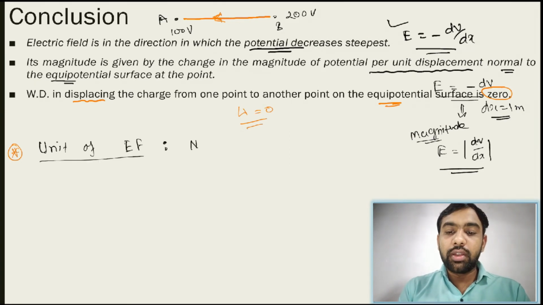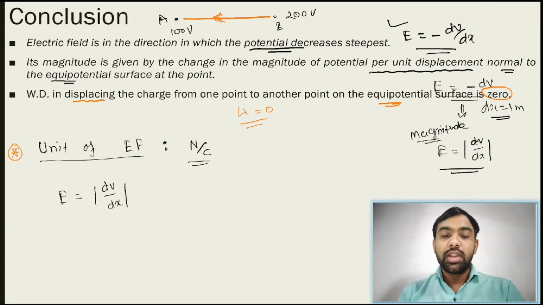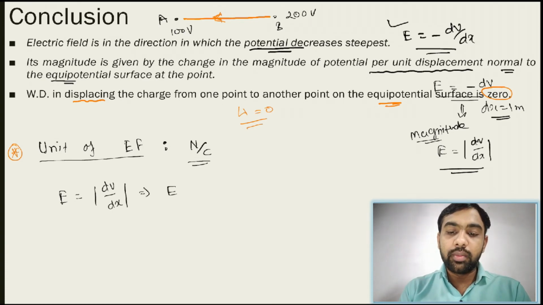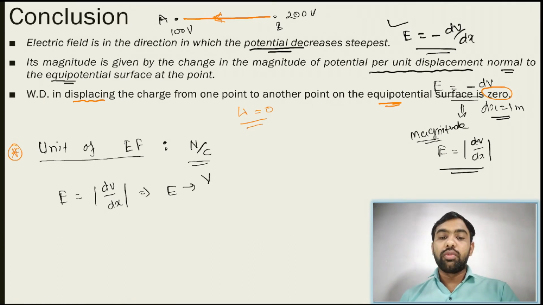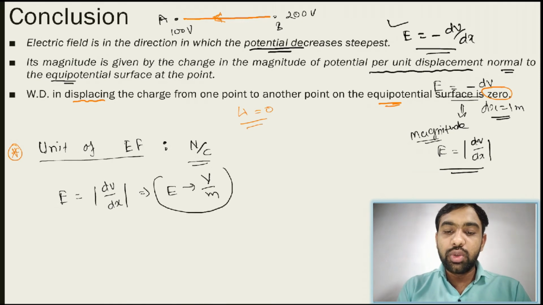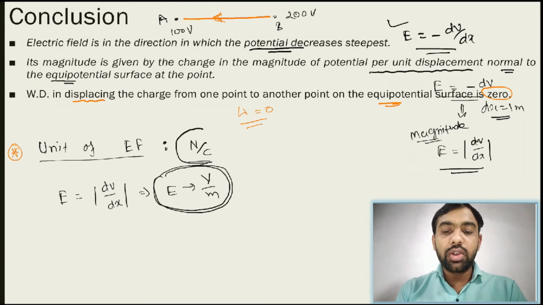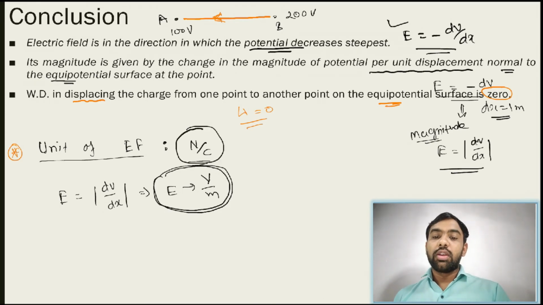Okay, and you must note another thing, that is the unit of electric field. As we know, what is the unit of electric field? Newton per coulomb. That is the first one. But right now we get this new one: E is equal to mod dV by dx. It means what is the unit of electric field? Potential का unit है volt और dx का यूनिट है मीटर, so volt per meter, so that is a new unit of electric field, volt per meter. Newton per coulomb is also a unit of electric field, but volt per meter is the second one. So you note both of these, units of electric field. First one is Newton per coulomb, second one is volt per meter, okay, note it.